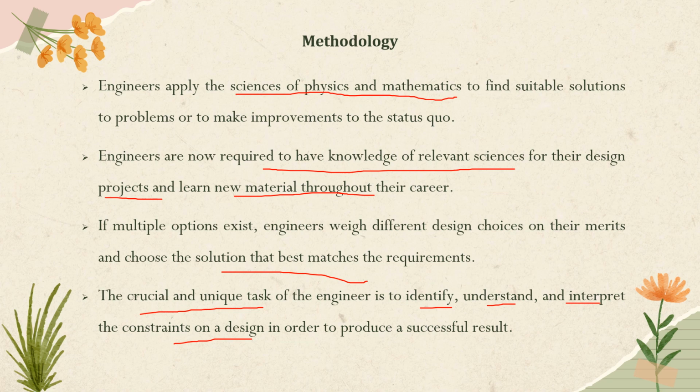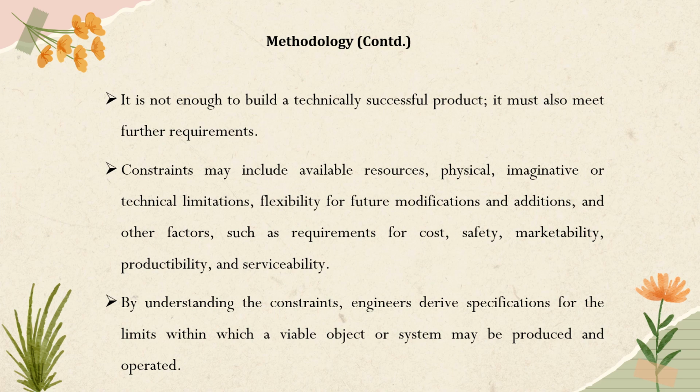So these are some of the methodologies involved in engineering. And apart from that, it is not enough to build a successful project, it must also meet further requirements. Once a product is finished, a lot of testing takes place, in such a way that whenever the product is given to the client or to the end user, it must meet the requirements of the end user. Now what are the constraints that an engineer will face while making a device or a product? What are the available resources, what are the physical limitations, imaginative limitations and technical limitations, and what is the flexibility for